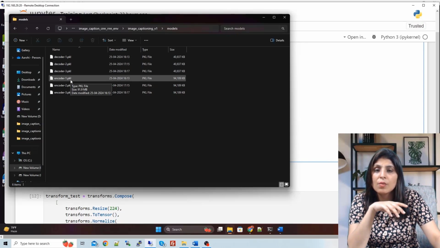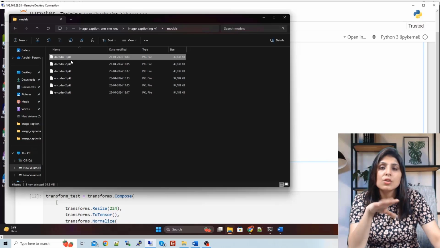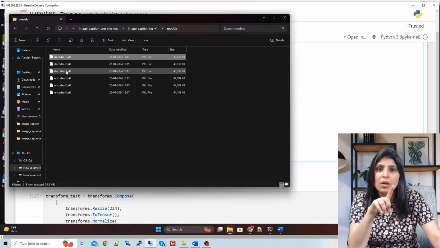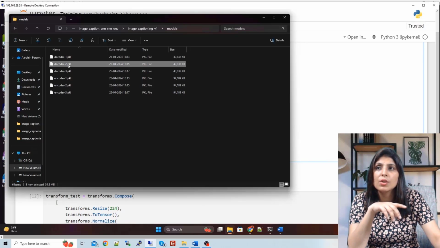In the same way, encoder 1, encoder 2, encoder 3. So encoder 1 and decoder 1, you will get after the first epoch. And encoder 2, decoder 2 is the trained model after the second epoch. In the same way, encoder 3 and decoder 3 is the trained model after the third epoch. So here we have the trained model.